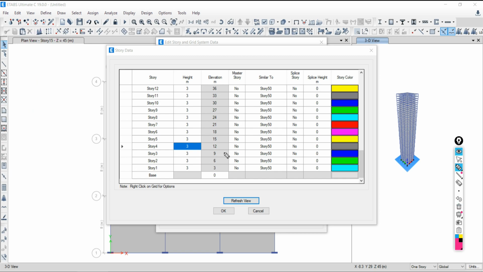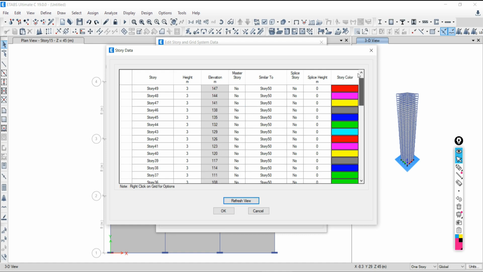Just clear this all. And the fifth one, where is it? Yeah, fifth one. I am going to make it the master. This is the master story. And the 10th is similar to what? Similar to the fifth story. Yes, similar to the fifth one.